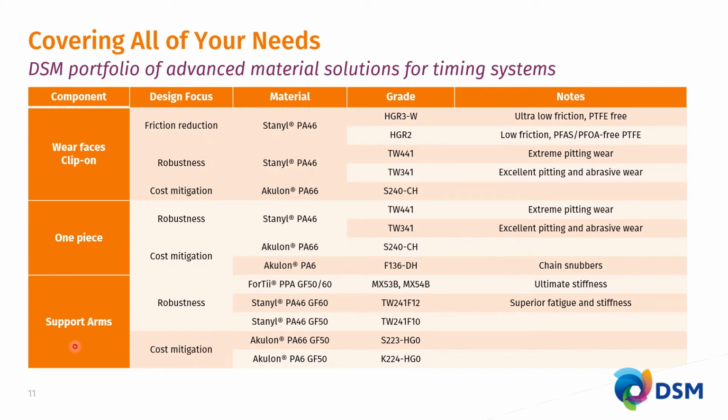The other application are the support arms, where you could focus either on robustness or on cost mitigation. Let's focus a bit on robustness. One of the grades that we think deserves more attention is our PPA glass fiber filled 50 or 60%, the MX53B or MX54B grade names. They bring you ultimate stiffness because these PPAs have a Tg at and above 140 degrees. So in the fired engine regimes, those will run below Tg, and you can benefit from below-Tg higher stiffnesses for these materials. These would really be materials that would bring you a lighter weight alternative to stiffness, the ultimate stiffness, perhaps